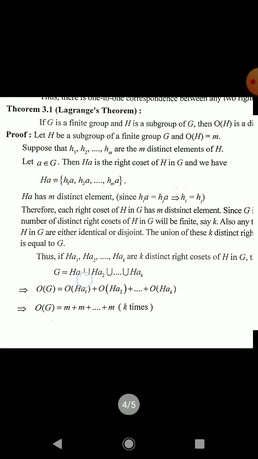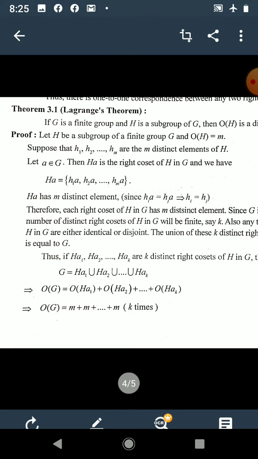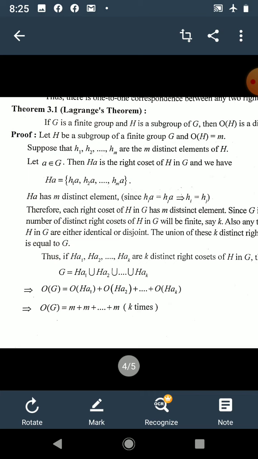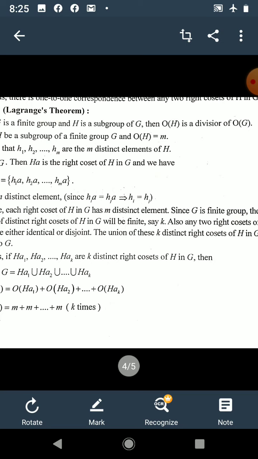Now, how many elements does Ha have? H has m elements, therefore the right coset Ha also has m distinct elements. Therefore, each right coset of H in G has m distinct elements, and we know that G is